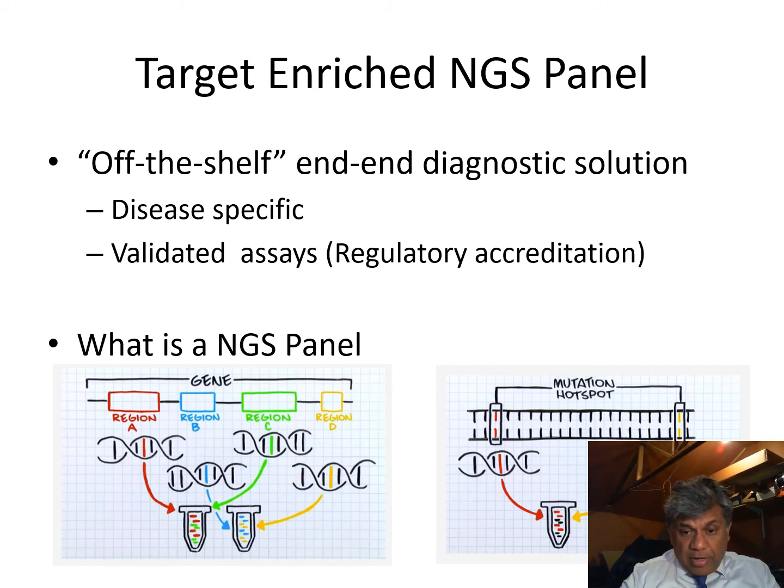And if you look at it in more detail, what this region consists of are sequences where there are known mutations from previous established studies, called mutation hotspots, and these hotspots are likely to cause disease. And this panel consists of thousands and thousands of these mutational hotspots right across the genome,